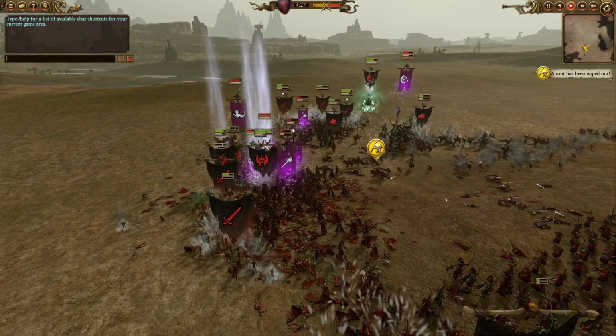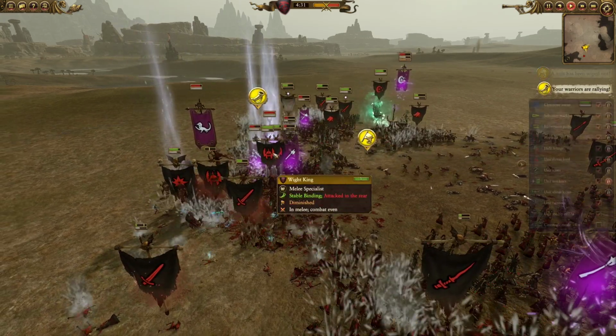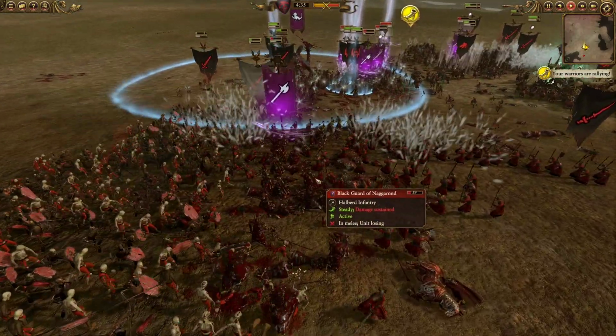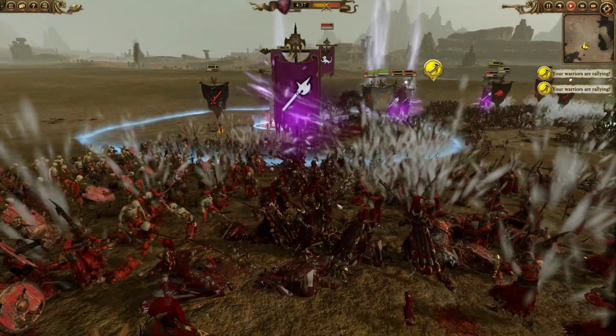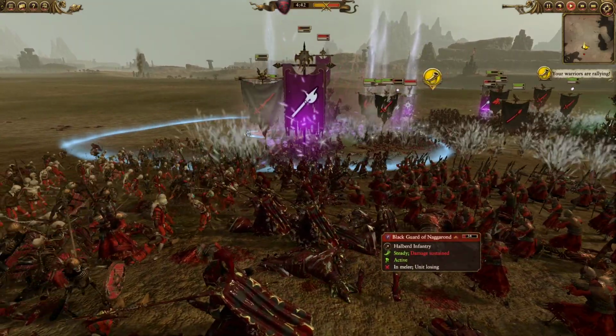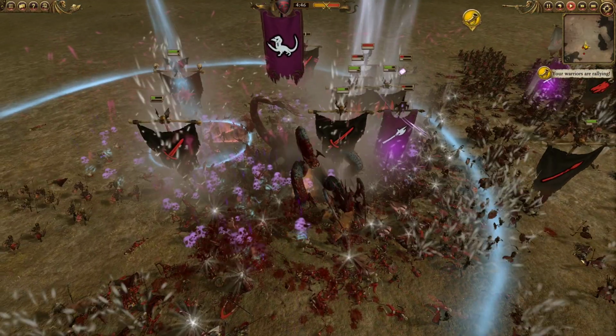It looks like I turned those off right now. I think there was a key for that, but I have apparently forgotten it. But anyway, looking at the rest of the battlefield here, Blackguard of Naggarond are surrounded by Graveguard front and back with spears, and Grave Guard with great weapons on both sides, so they are not long for this world as well. And around this point,